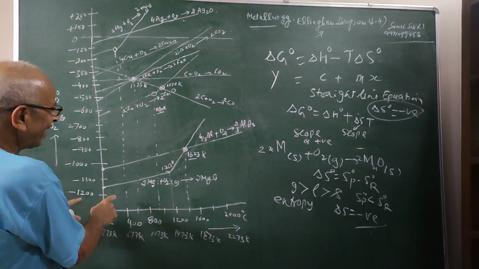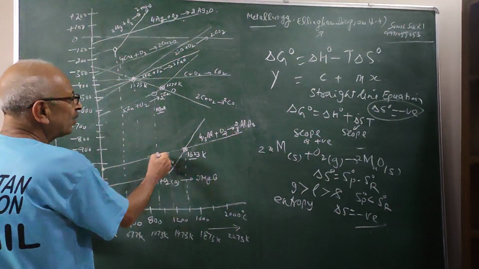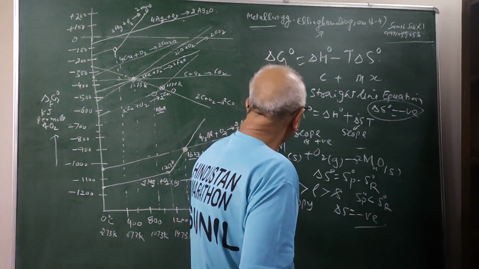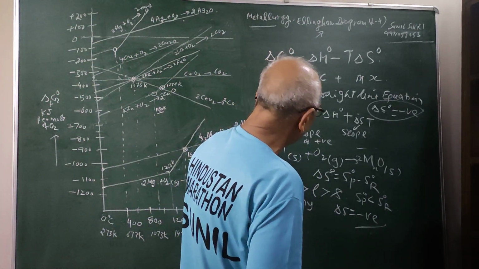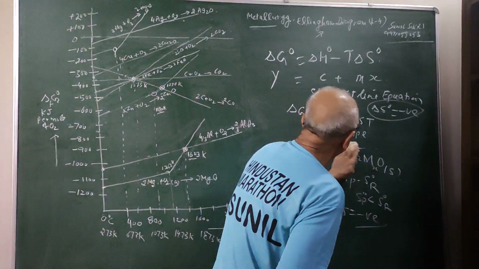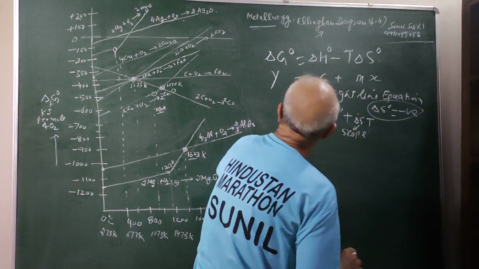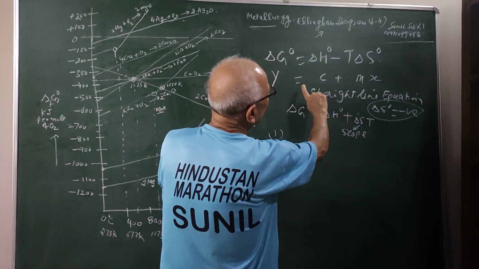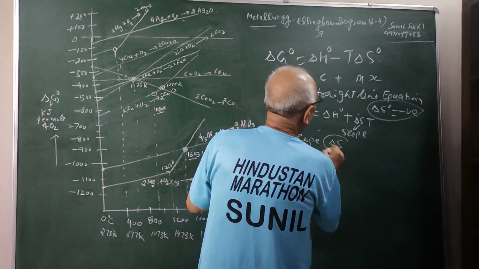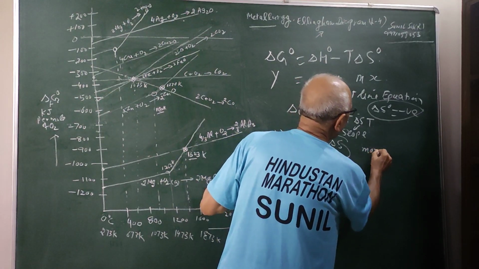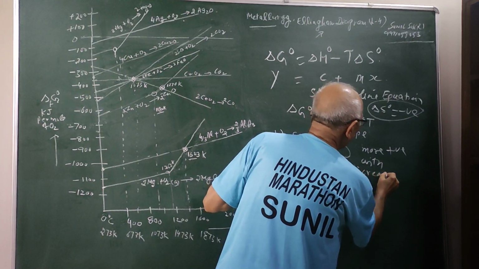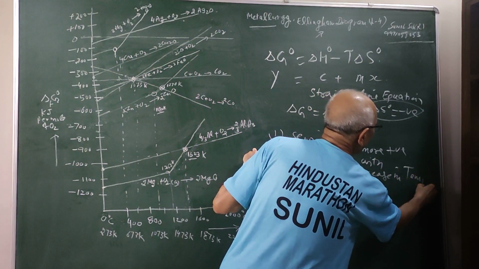That is why in this graph you see these slopes are increasing. So they have a positive slope in this Ellingham diagram because there is a decrease in entropy when the products are formed. This is the first point here. The first thing about the Ellingham diagram which we have shown is that this is an equation of a straight line, and our slope is delta S, and it becomes more positive with increase in temperature. Then what is the result of this?